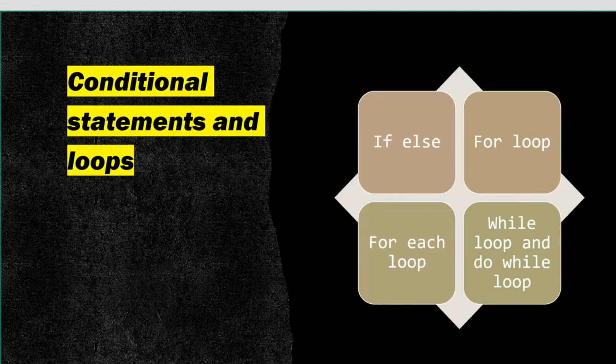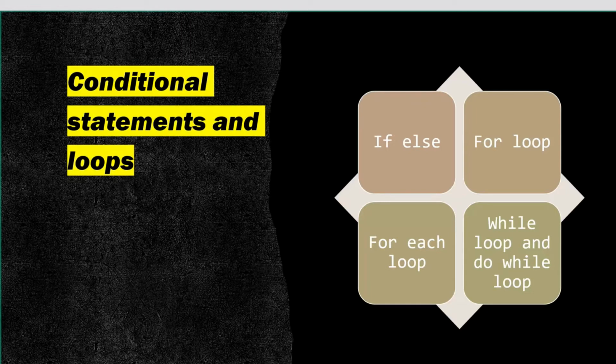For 100 it's okay, but if I say write a program from 1 to 1000, then what will you do? This is not a practical way to write System.out.println 1000 times. So this time you can use a for loop. Simply, a for loop has a syntax, and you can run your program a number of times. That we will cover. Once that is covered, we will cover the for each loop. If you have a particular collection or array and you want to get each value of it, you can get it by the for each loop.